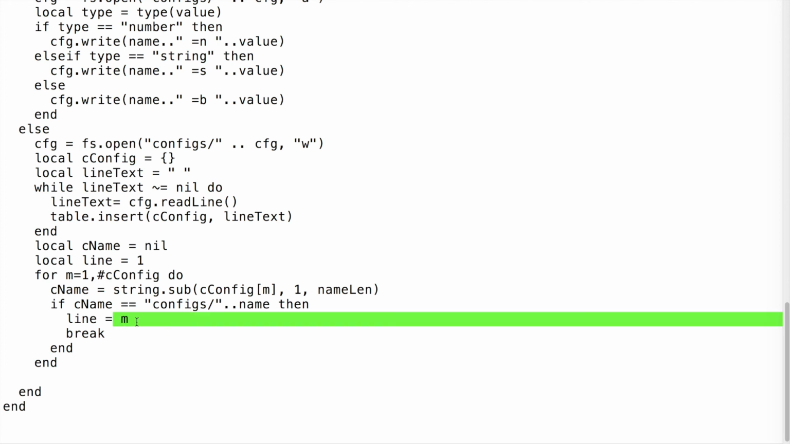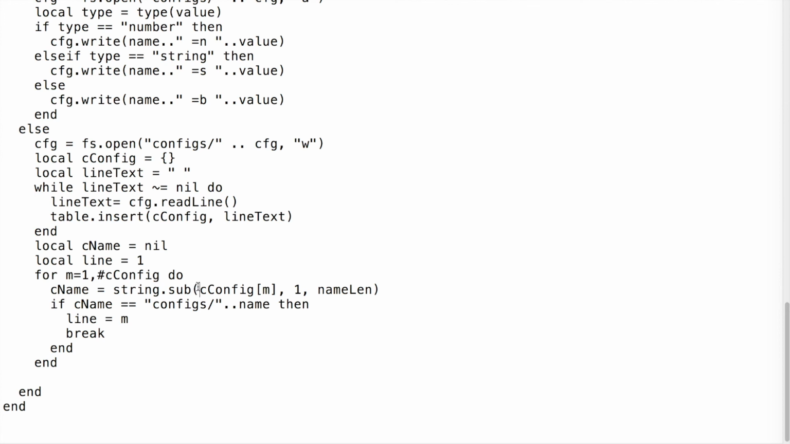this will give us what line in cconfigs is M. So now we're going to go cconfigs or cconfig line equals